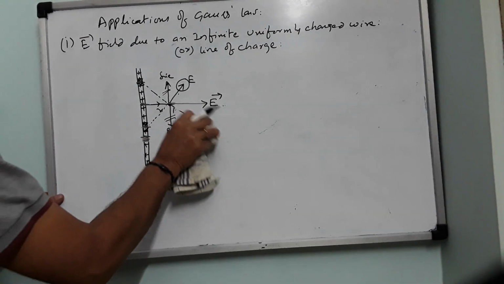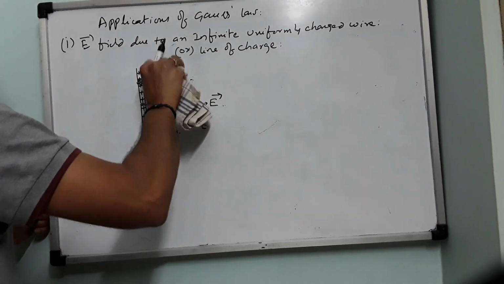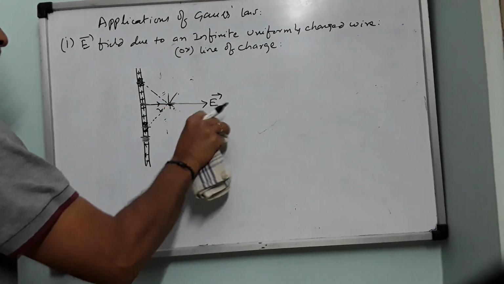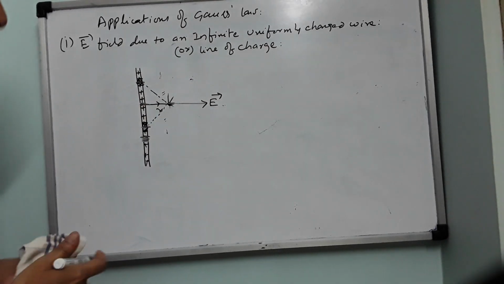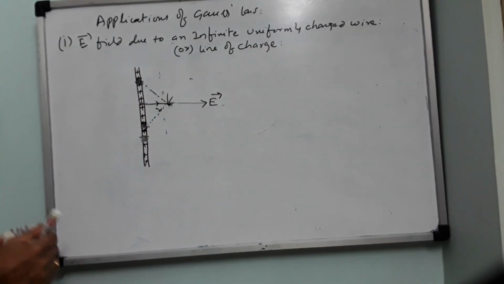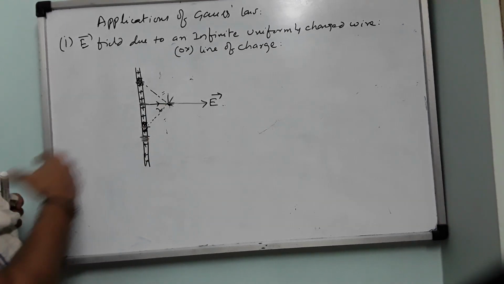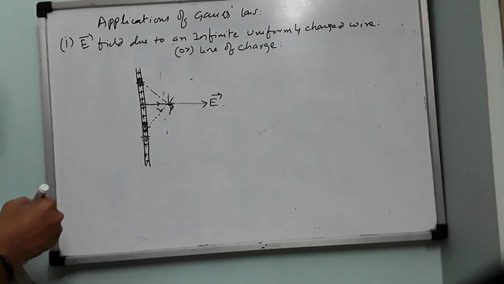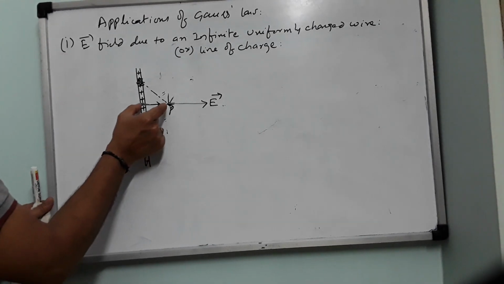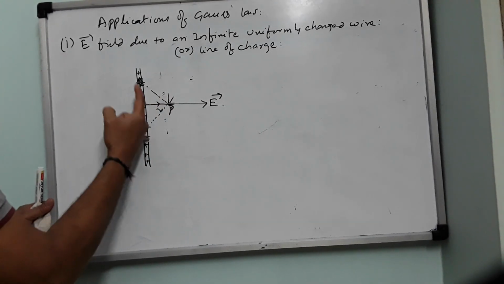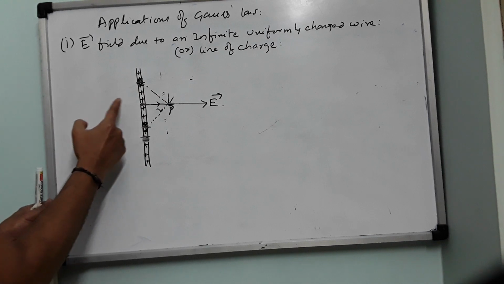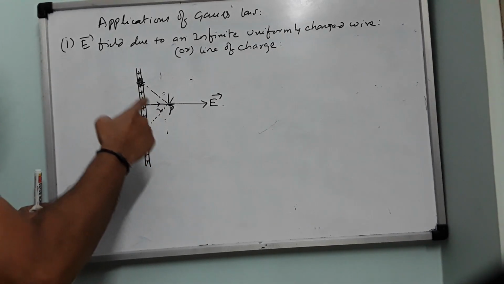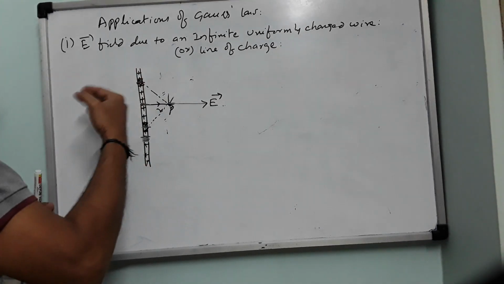Okay. So this E will not exist now. This E will not exist now. These two also will not exist as they are cancelling. So only this E. Now, if I rotate this radial vector R around this, then point P will be located at equal distances around this. So at all these points, electric field will be radially outwards.